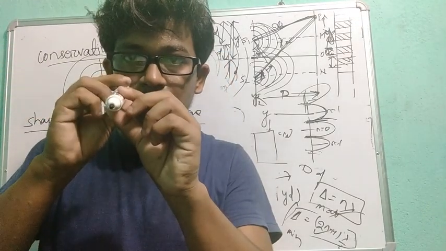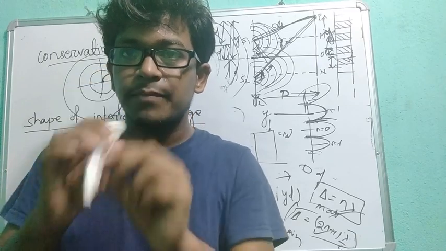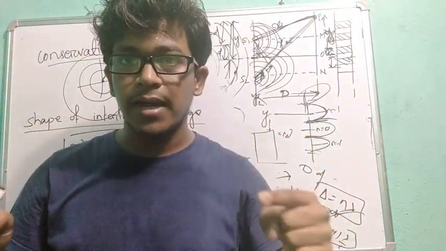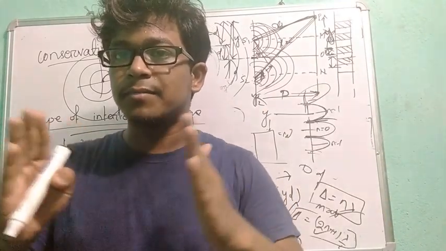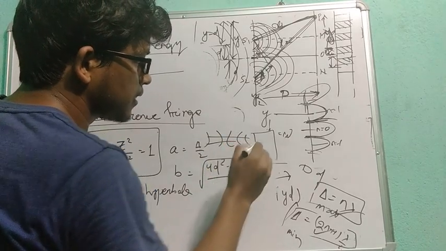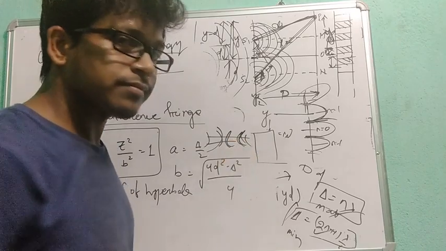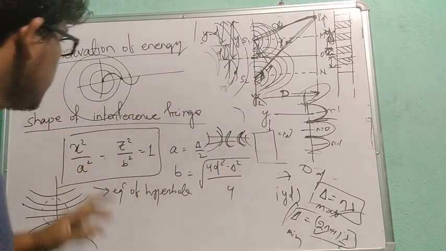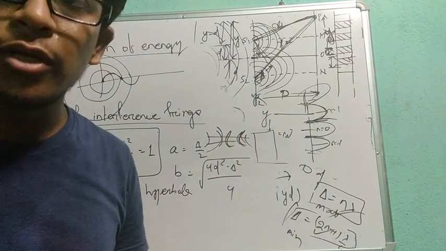Suppose this is my interferometer. I am watching like that. When you look like this, you will get this shape of light, next this shape of light, light like that. Here you are getting a shape that is your hyperbolic shape. This is also out of syllabus, I think. So if you're interested, just let me know. I will provide the note.